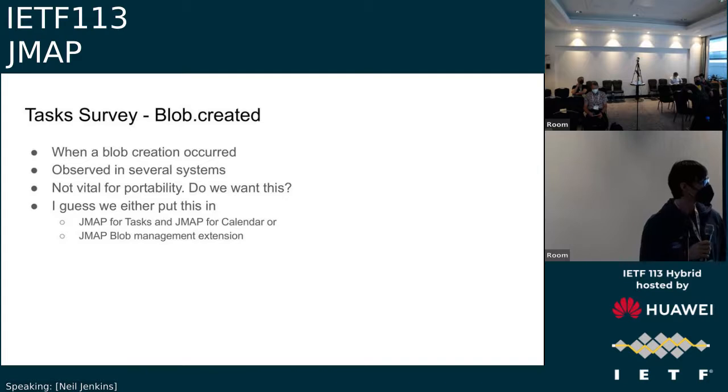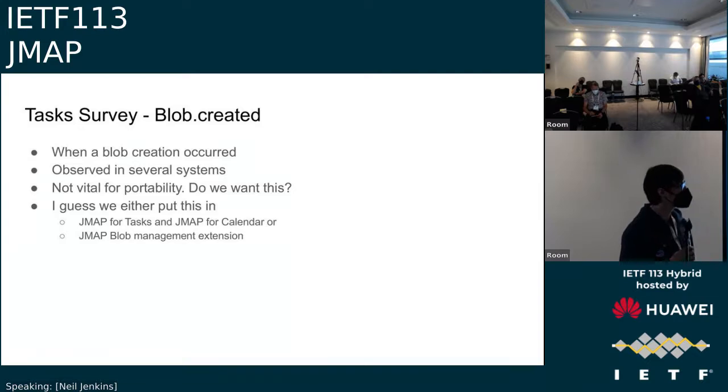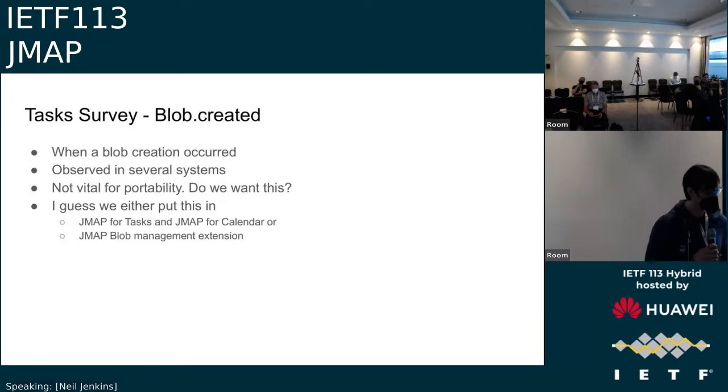Yes, I was just going to say it should definitely be the thing that references the blob that has the created property. I mean, that's the thing that has all the metadata. The blob itself is just the bytes of data. You can't assume that it could not be reused between users, even to save space and reference count it. The metadata is all in the thing that's referencing it. So that's where that should go if you have it.